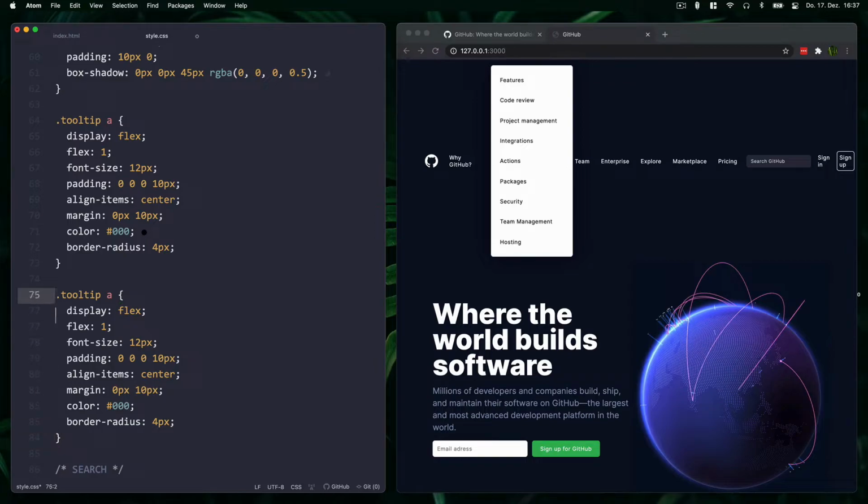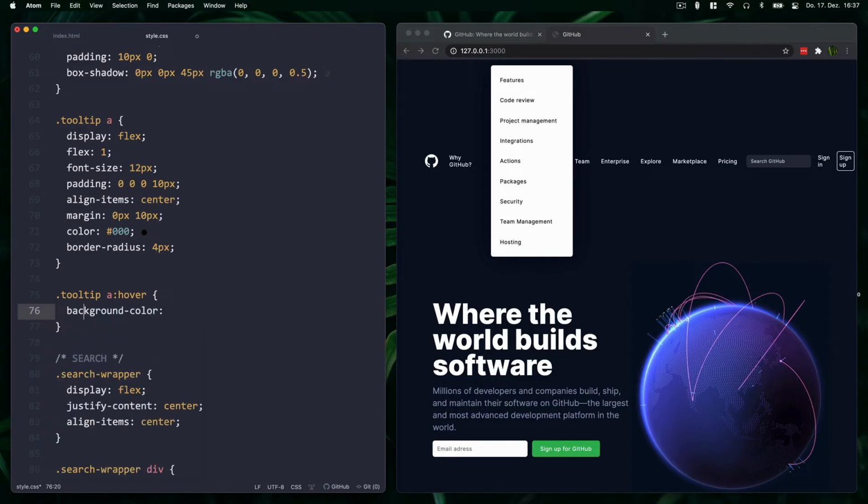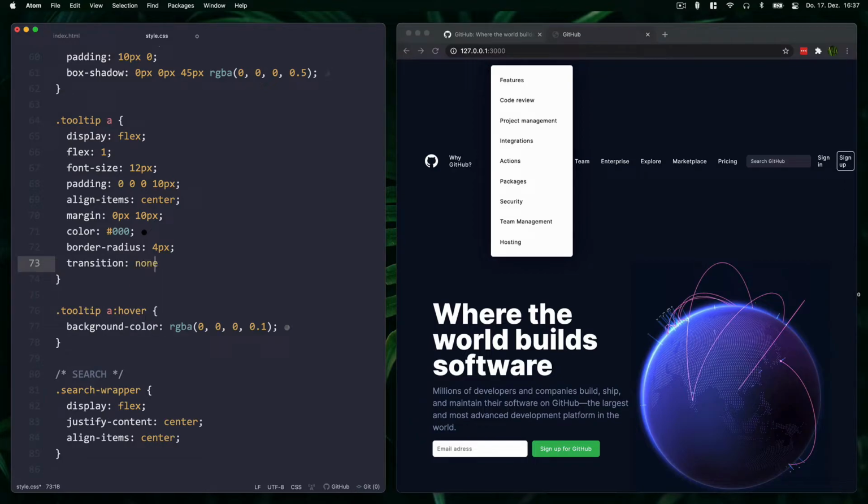So we say .tooltip a, and then hover, and then we can simply say background color RGBA 0, and then just 0.1 maybe. Awesome. And then maybe remove the transition because it seems kind of slow to me. All right, nice. And that's also why it's important to have proper margins here,